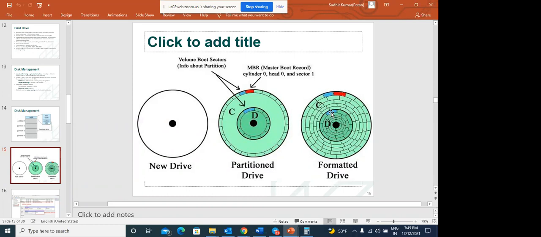You can't see it. Did you get my point? What I'm trying to say is that this information is completely logical level. You can't see this on the physical level. In your hard disk, if you take it out, you can't see these tracks.